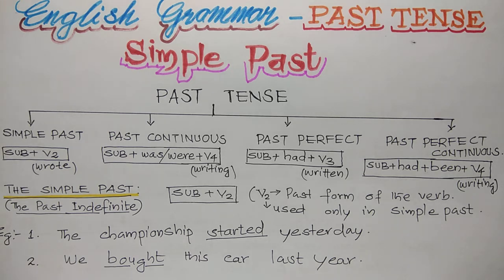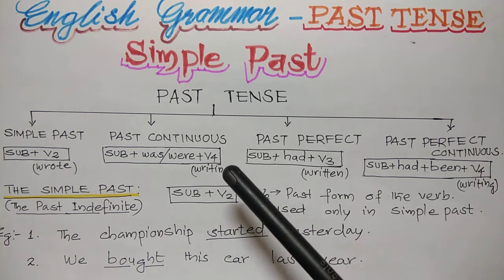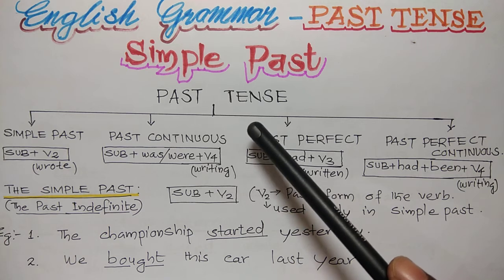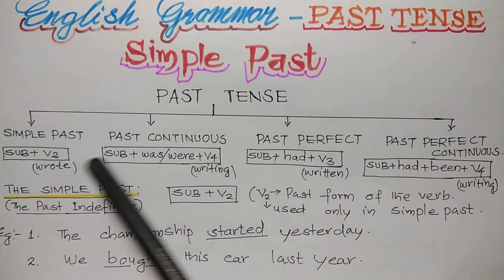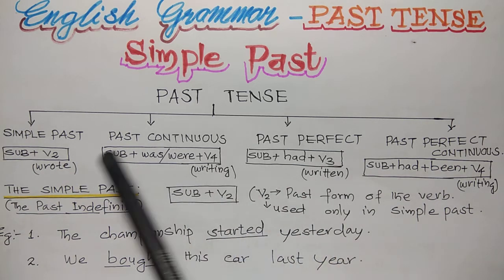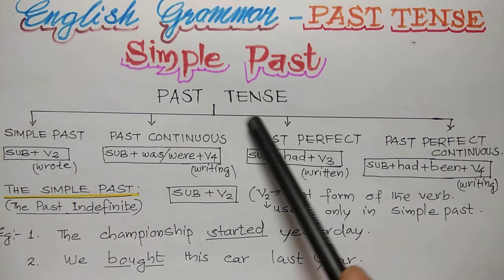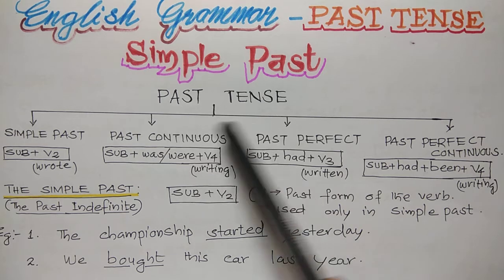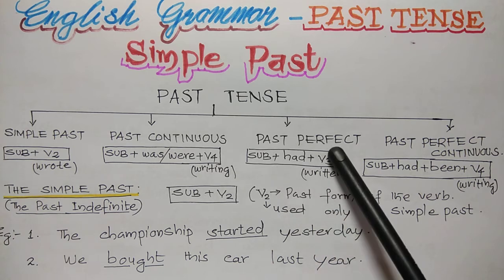English grammar. Past tense. Simple past. Past tense. As with the present tense, past tense and future tense, all 3 have 4 different categories. We have covered the present tense and its 4 categories. Now it is simple. This is past tense. The first category is simple past, then past continuous, past perfect,